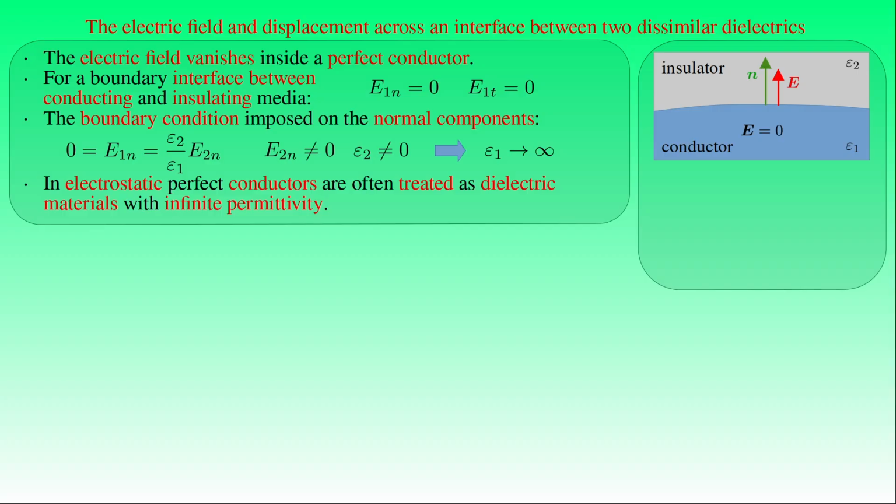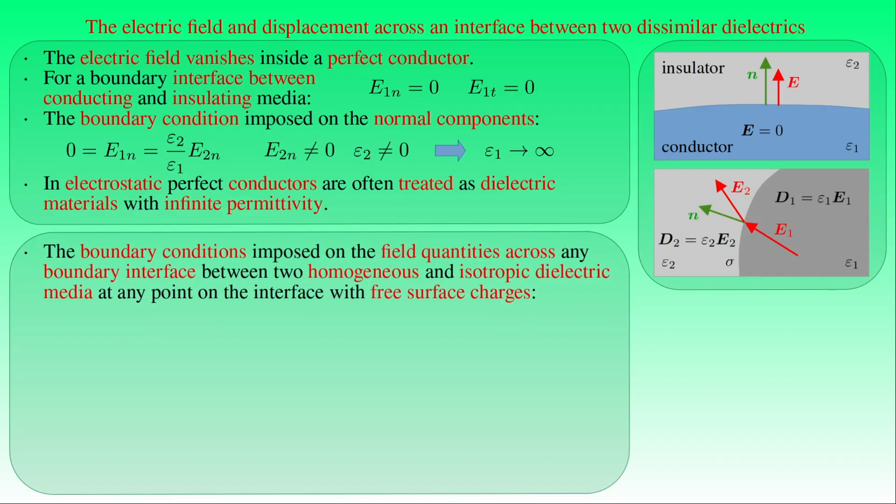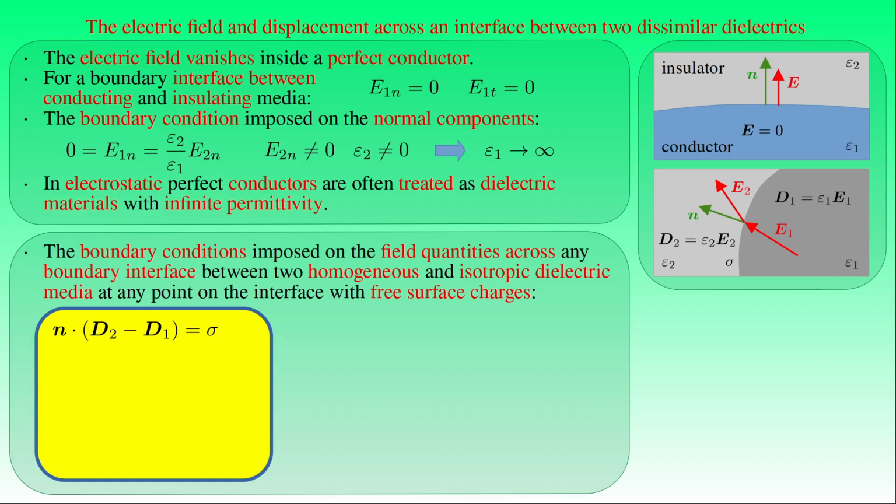After determining the matching conditions for all the components of the field strength and the displacement field, we summarize the results in the general case. The boundary conditions imposed on the field quantities across a boundary interface of an arbitrary shape between two homogeneous and isotropic dielectric media, at any point on the interface with free surface charges, give the following set of equations. The first equation states that the projection of the discontinuity between the displacement fields D1 and D2